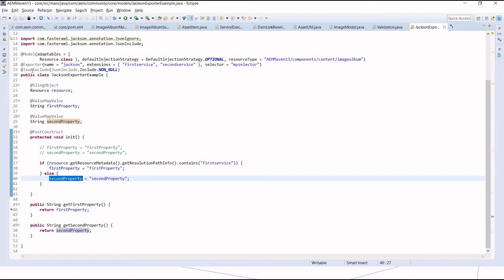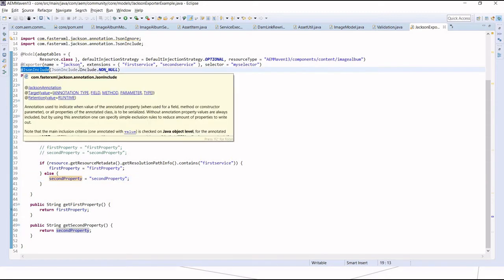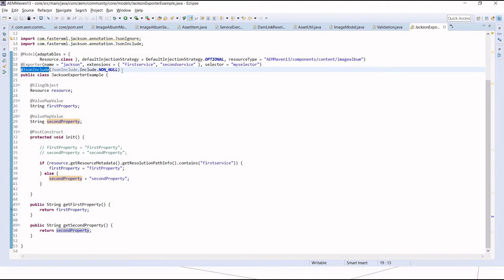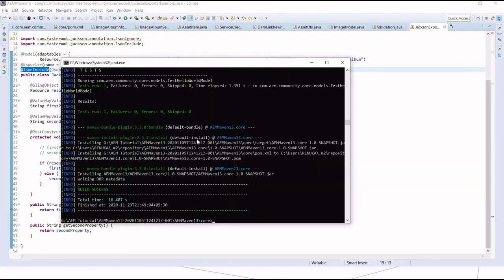Okay, so there comes this annotation called JSON include. What it does is, if any property has a null value, it will just ignore that. So it will only populate non-null values in the export. Okay, so let me just deploy this again.